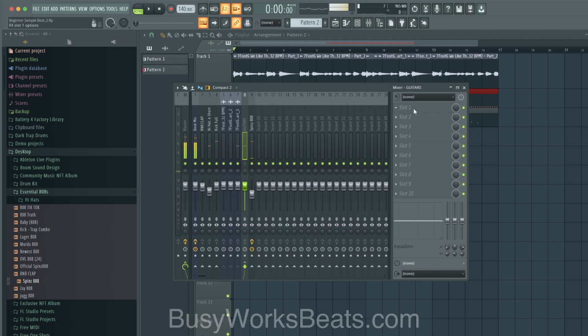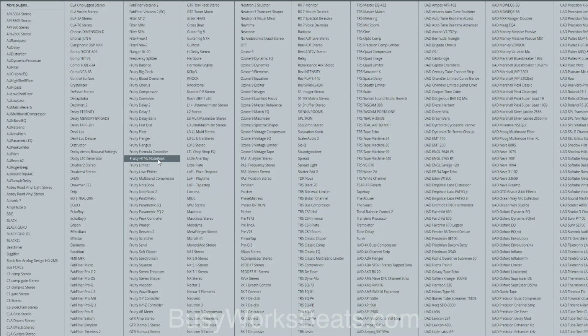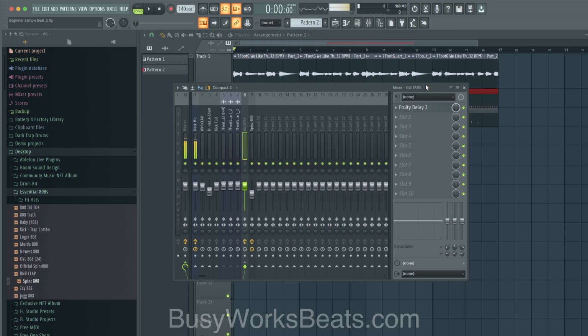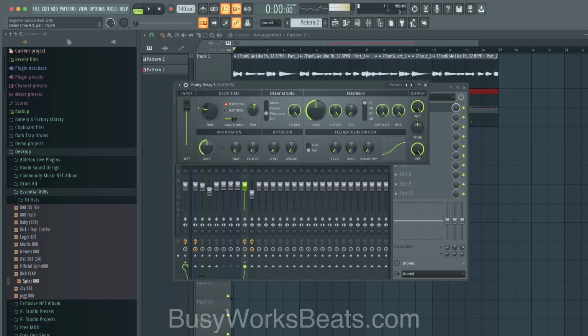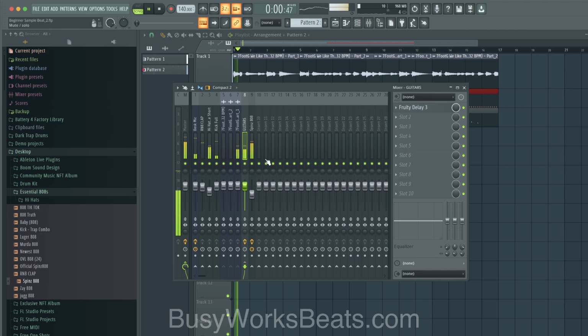And here's where I'm gonna add all the sound effects. So we'll just use stock stuff for now. We don't need to get crazy. Let's do Fruity Delay 3. And I'll do all the settings so you don't need to memorize this, but it's ping pong mode. Turn the wet level down. And again, mixing will make this sound more tight and polished. This video is not going to go in that much depth because then I'll really lose you. Just need to tame sounds right now.